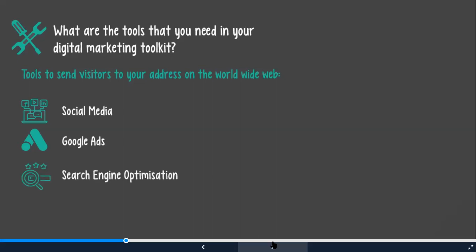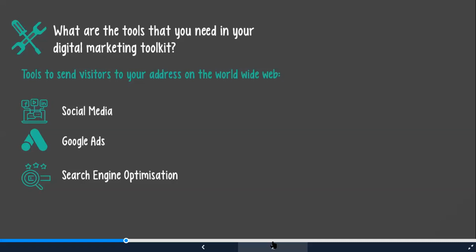Search engine optimization. Search engine optimization is a tool that we use to improve your website's organic ranking on Google. So with Google Ads, we pay Google to show an ad for your business when somebody searches for your specific services or products. While with search engine optimization, if that is done correctly, your website will appear in organic rankings on Google.